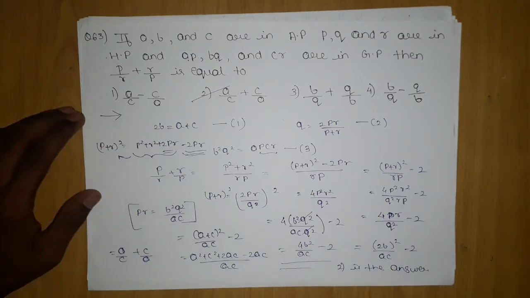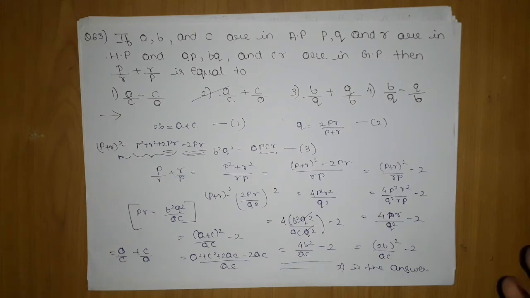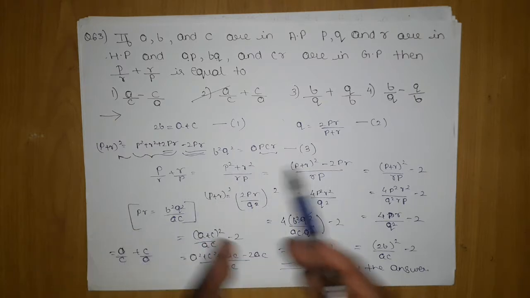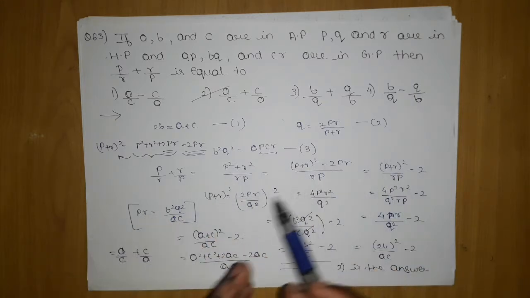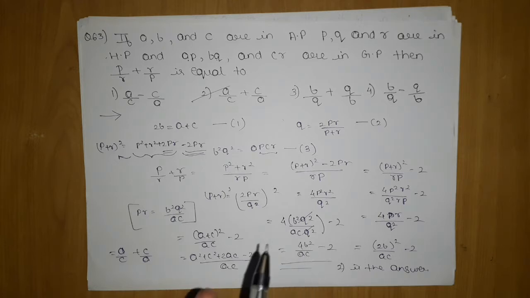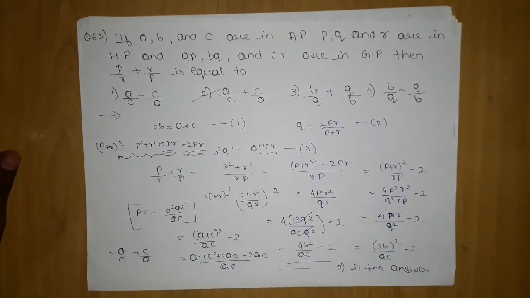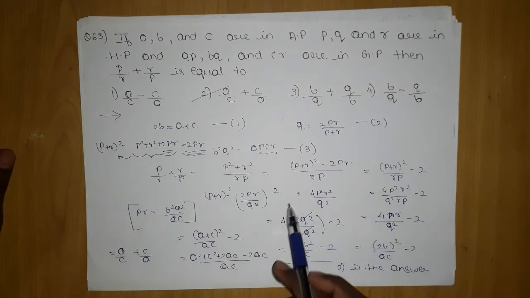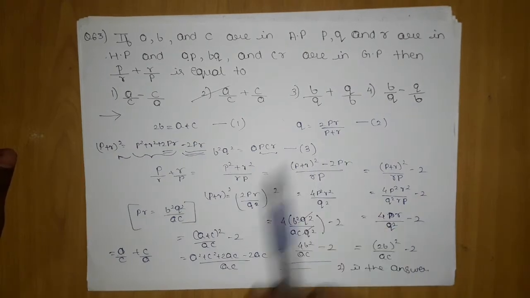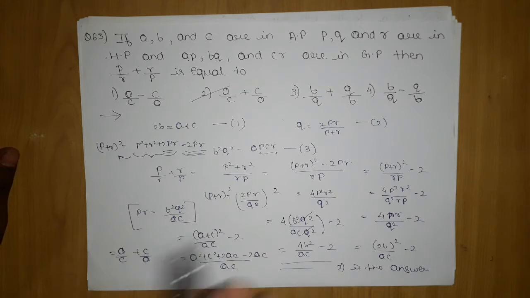So hope you have understood each and every step in a proper manner. I have just derived all the equations and then generated the answer. I didn't make any step by assumption or anything. I first derived all the conditions which are possible for AM, GM and HM, then tried to get the things which are required. Like here I wanted P plus R, why I made the perfect square, what was the reason for taking the RP value. I have told all the things.